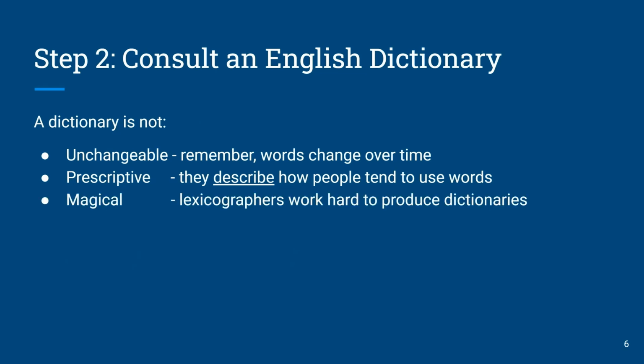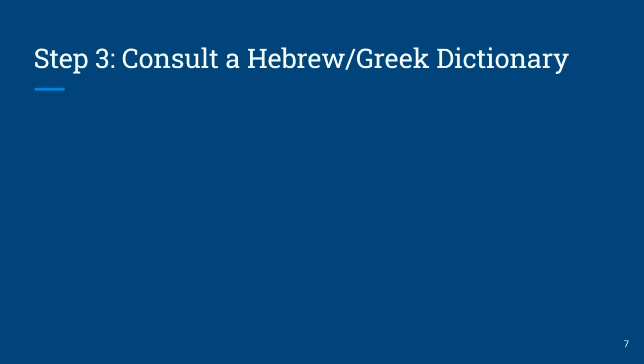Finally, a dictionary is not magical. These word meanings are not magically stored in some vault in Timbuktu and brought out when the new edition of a dictionary needs to be made to remind people of how words are supposed to be used. Lexicographers, people who study how words are used, put in a lot of time and effort and research to study how words are used and then to condense and compile that information into a book or a volume we call a dictionary. So now that we've got this modern English baseline out of the way, let's